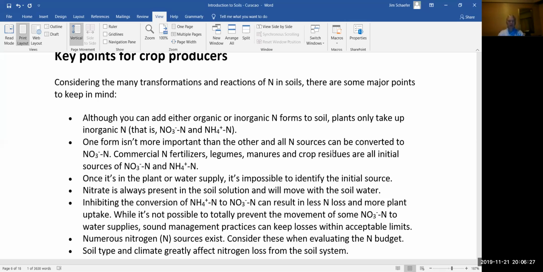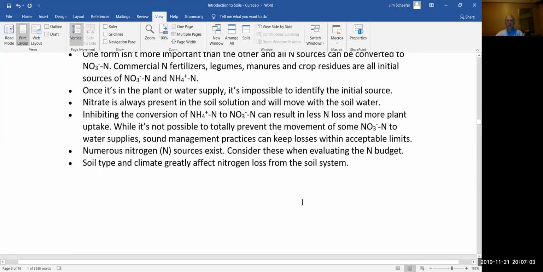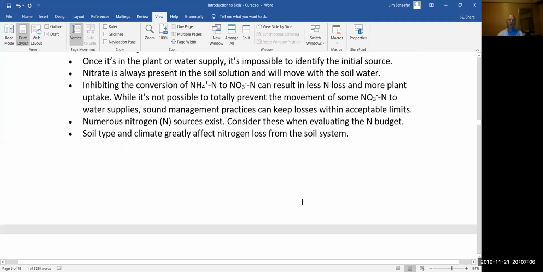Nitrate is always present in the soil solution and will move with the soil water. We have to remember that. Inhibiting the conversion of ammonia to nitrate can result in less nitrogen loss and more plant uptake. While it's not possible to totally prevent the movement of some nitrate to water supplies, sound management practices can keep losses within acceptable limits. I think this is something that you'll have to go over with them quite a bit,